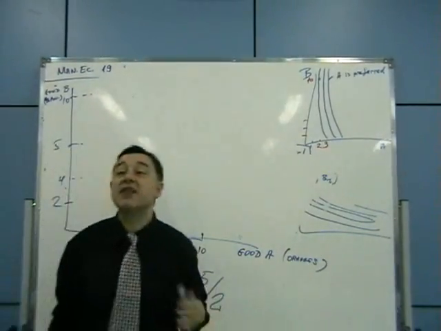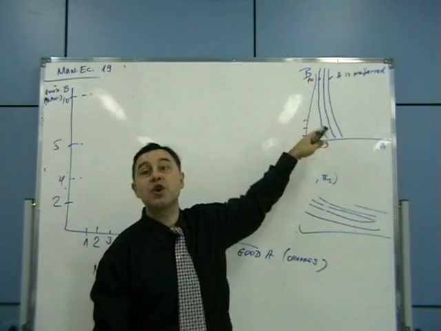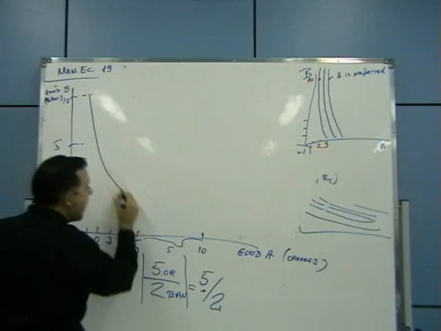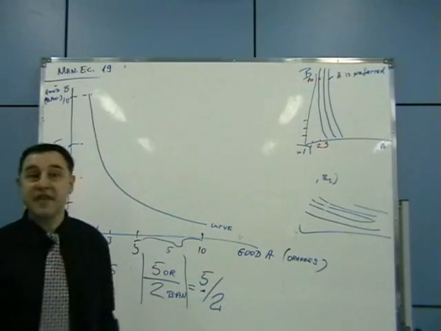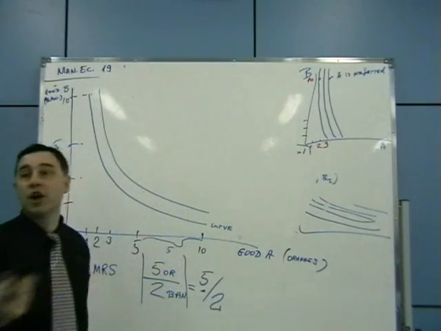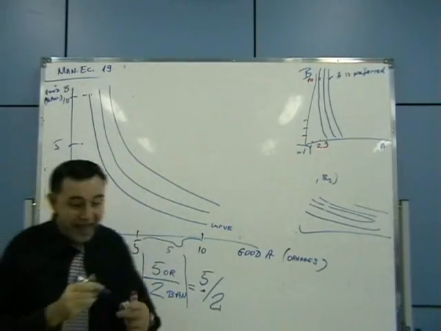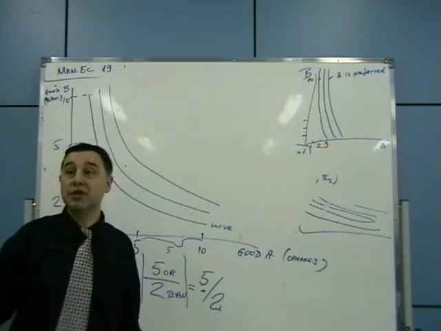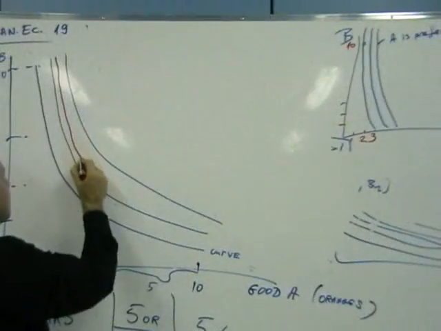The next concept is that of an indifference map. I already drew an indifference map, so let's define what is an indifference map. Well, you have a curve like this, so this is one curve, and then for the same person you have a second curve, and of course a third curve. And for any point, you pick a point. For this particular point, you can get a curve. And of course, this curve will be in between the two of those,